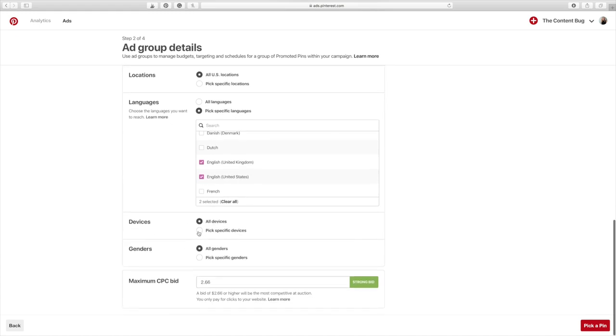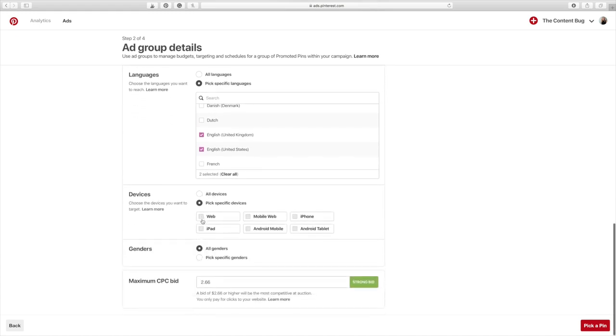The next thing you can do is select your device. So you can pick a specific device and you can do the web, mobile web. So that means like right now I'm shooting this on my desktop computer. That is what web means. Mobile web